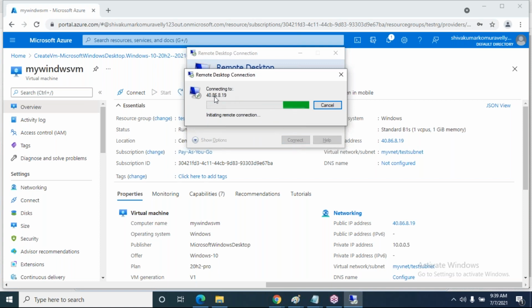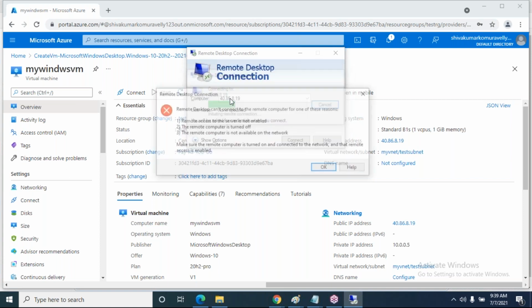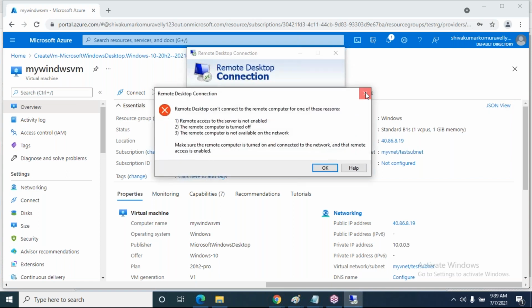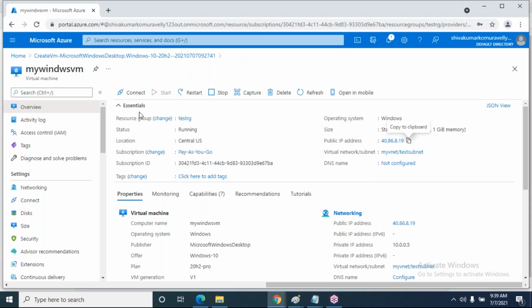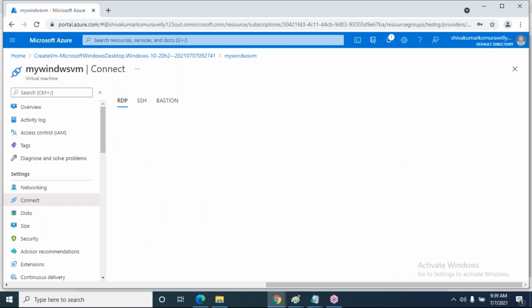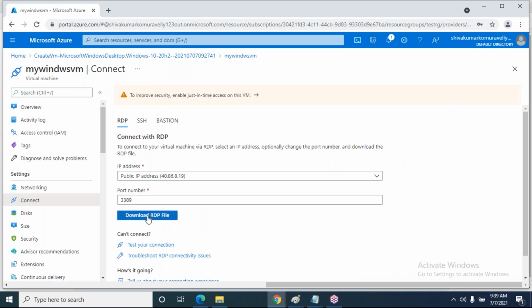So this is the public IP address of your Windows virtual machine, 40.86.8.9. Okay, I will connect in the second way. I will download the RDP file, the remote desktop file. Download RDP.